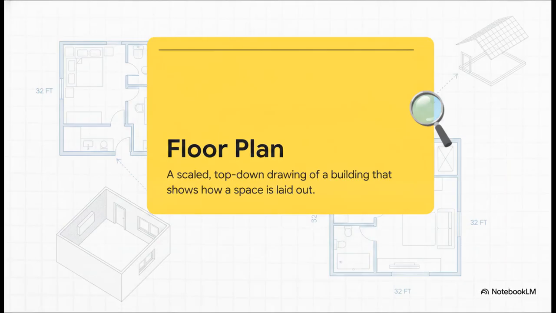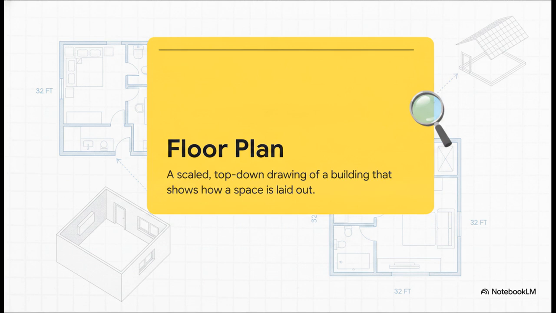Let's dive in. Okay, so to get our heads around this, I want you to think of a classic dollhouse for a second. Imagine you're looking at it from straight above, but with the roof totally popped off. Instantly, all its secrets are just right there, right? A floor plan works exactly the same way. At its most basic level, it's just a scaled, top-down map of a building's inside layout. You can instantly see the walls, the doors, the windows, and, this is the super important part, you see exactly how every single area connects to the next. It's essentially your bird's eye view of reality, giving us the whole context of a space before it even exists